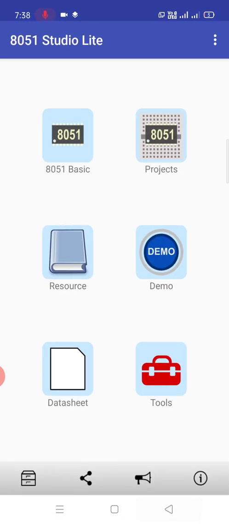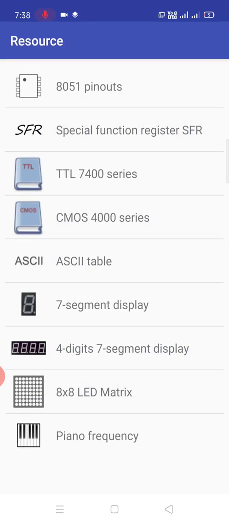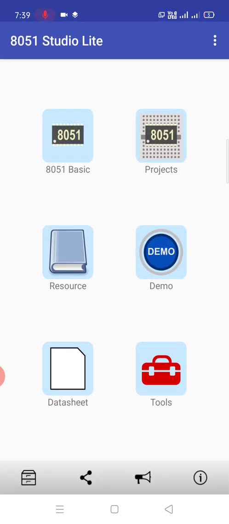In this 8051 basic section, you get to know the concepts of 8051, the foundation for the 8051 microcontroller, and a few resources are also there.